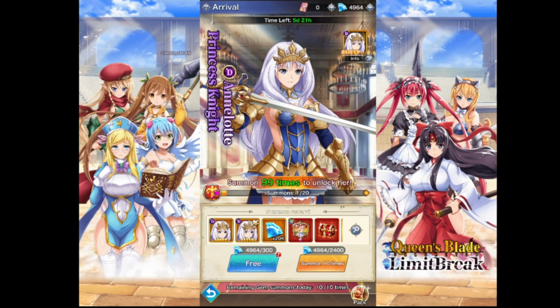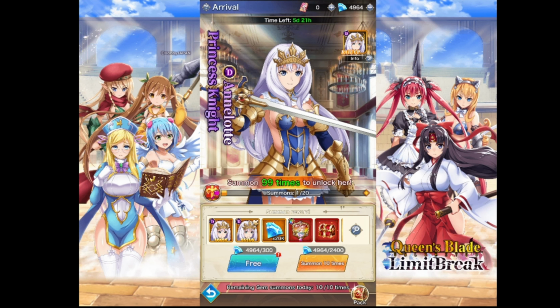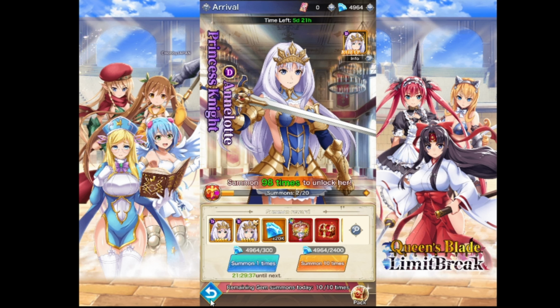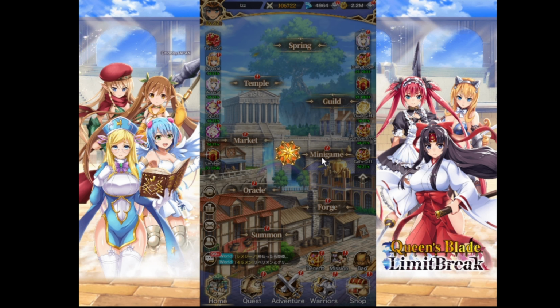Today we're going to be talking about some characters and how you can set up some teams, because I've been getting a lot of comments about it. As you can see up here, Elena has just been added to the game. I'm not really trying to get her. I'm trying to get Elena that came out a couple of days ago. I'm going to be summoning on her banner, but we're going to be talking about some characters,